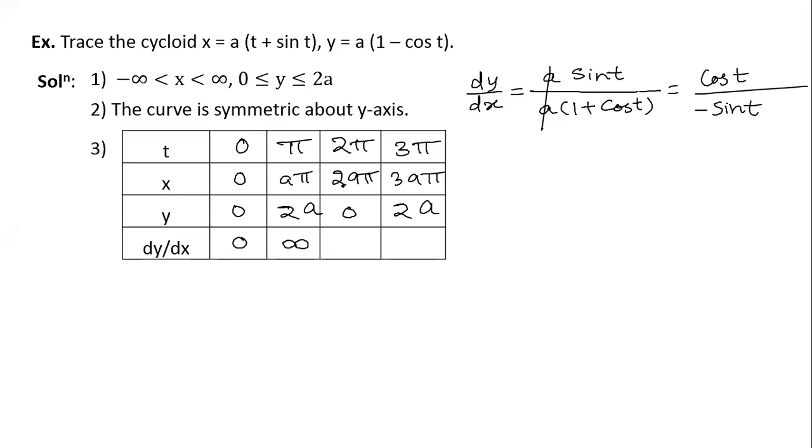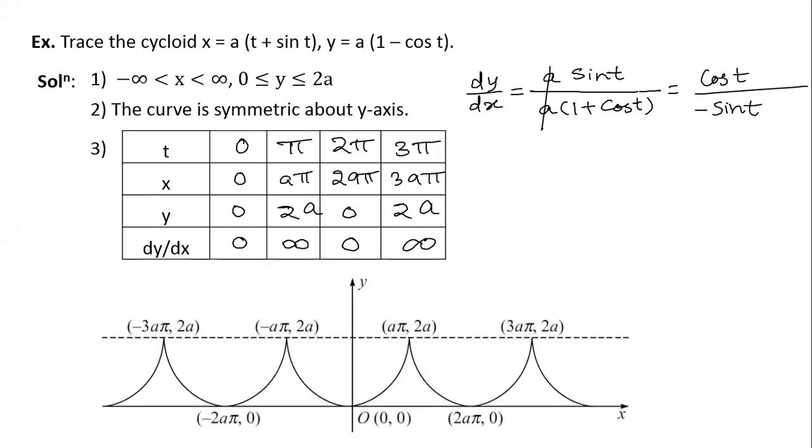So x equal to a pi, y equal to 2a is another point, and the tangent is the line passing through that point and parallel to the y-axis. As such, we may get 0 here, infinity here, you can continue, and the curve will be like this. You can see the curve. So at the origin dy by dx is 0, so the tangent is parallel to the x-axis. The next point is x equal to a pi, y equal to 2a, dy by dx is infinity.